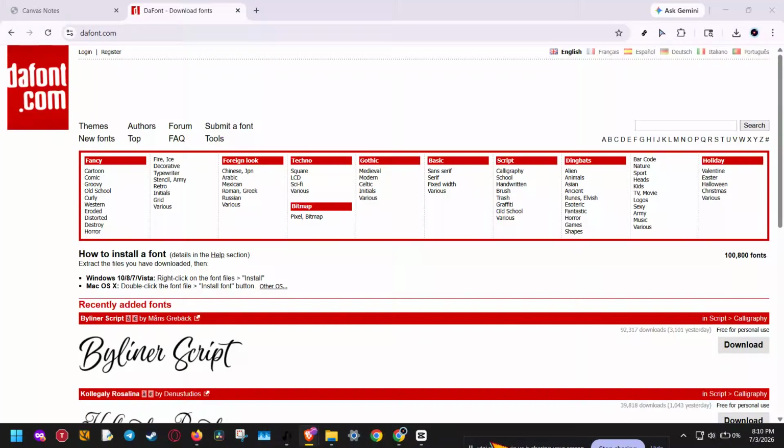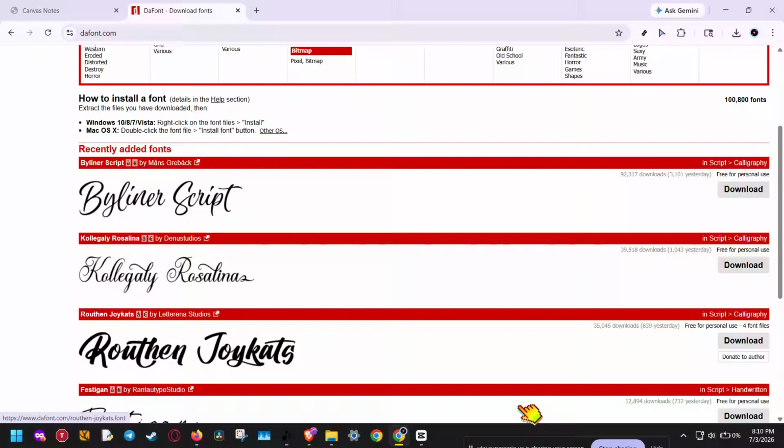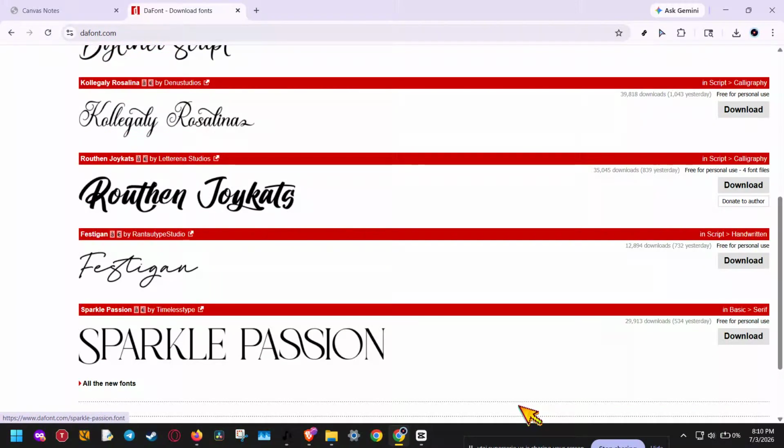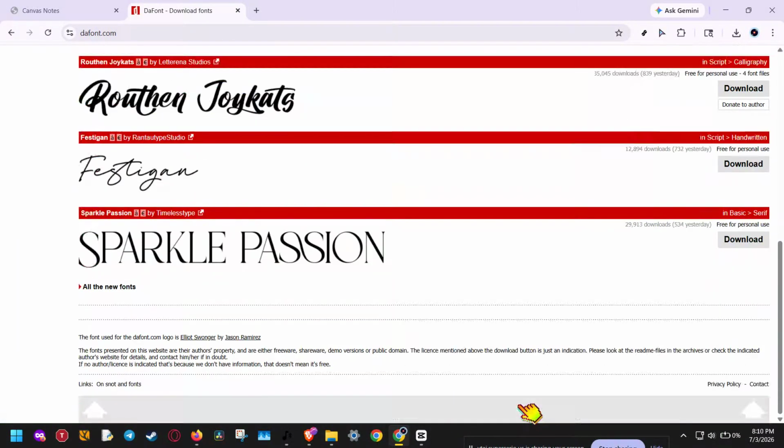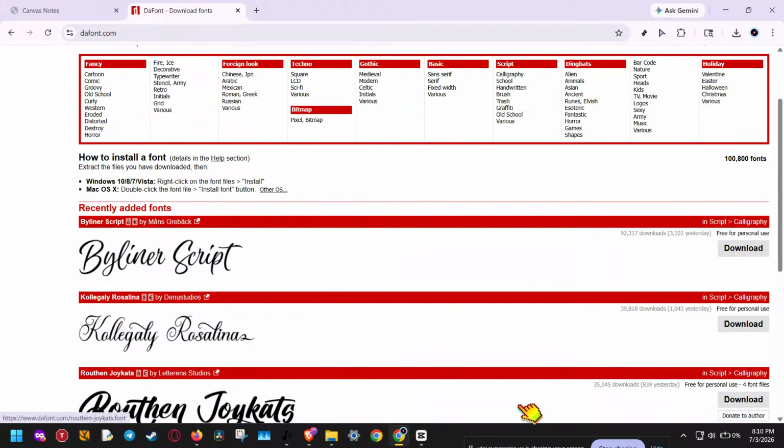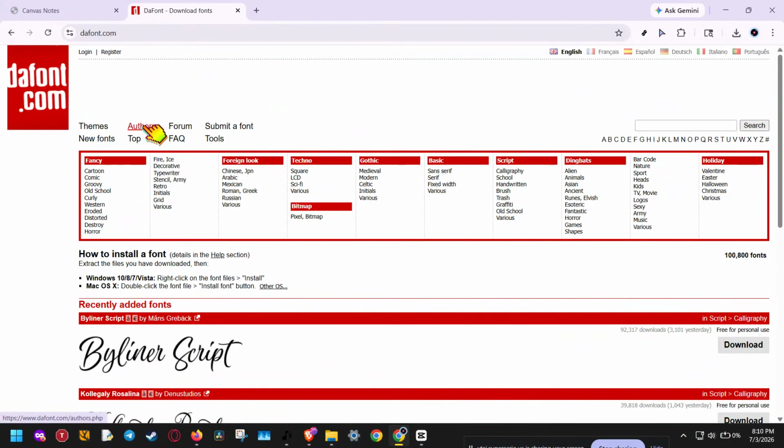Today I'm going to show you how to put Dafont fonts into CapCut step by step so you can use custom typography in your edits and make your videos look way more professional. This works great whether you're making short form content, YouTube videos, TikToks, or any project where the default fonts just